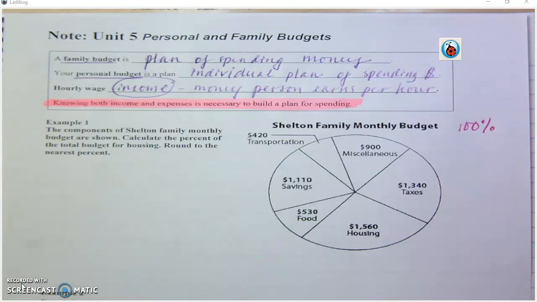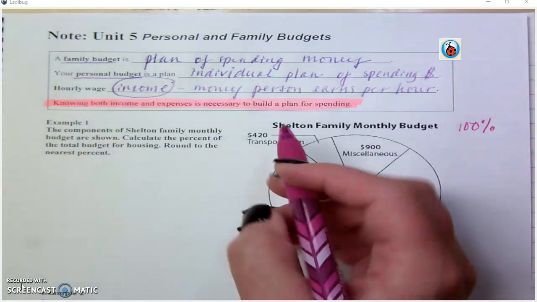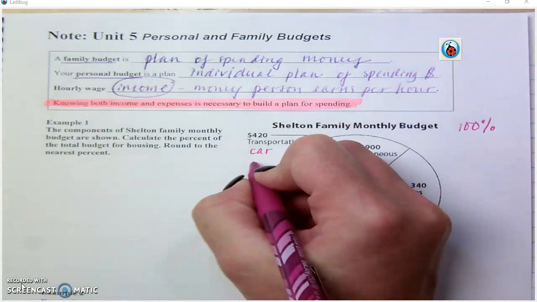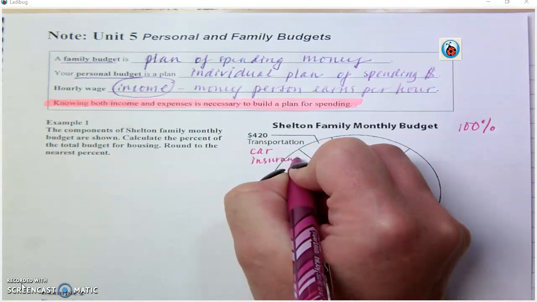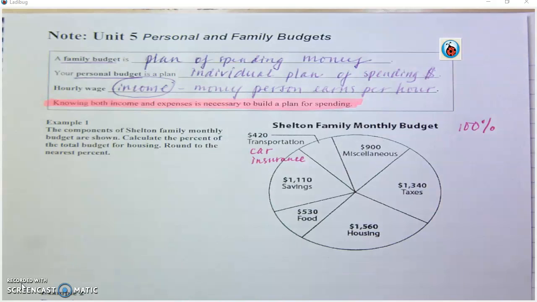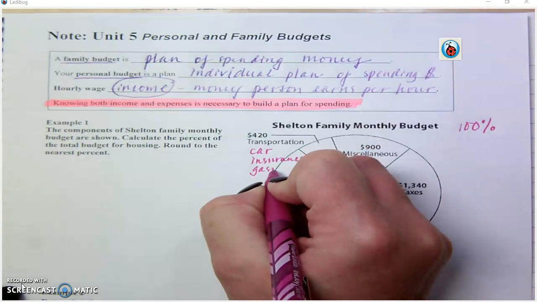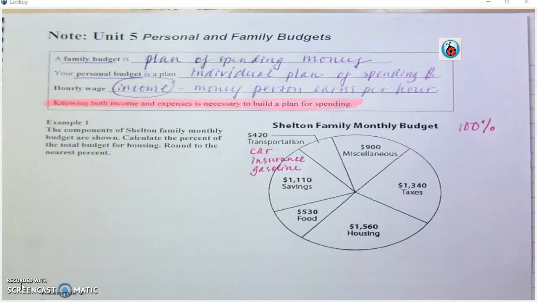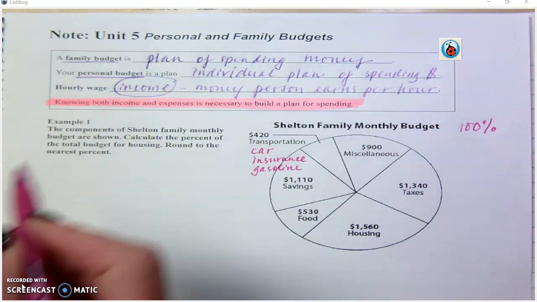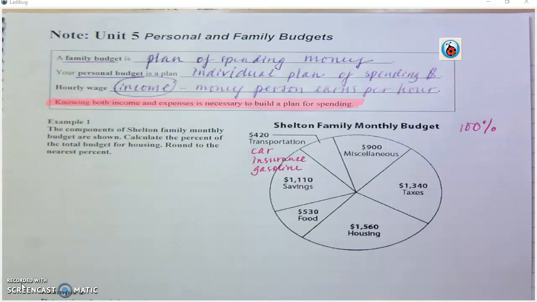Of course we have food and transportation. When we talk about transportation, guys, it has to do with the car and most likely insurance. Don't think of it as a taxi or airplane. They're not going on vacation all the time, but transportation entails car payment, insurance, gasoline, so anything to ensure that they can get to work. All right, so these categories are expenses. Income is how much you're earning. Expenses tell you where your money is going.